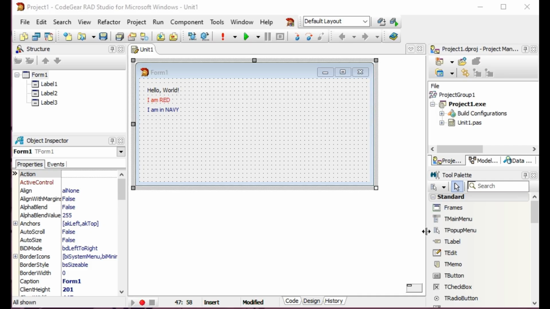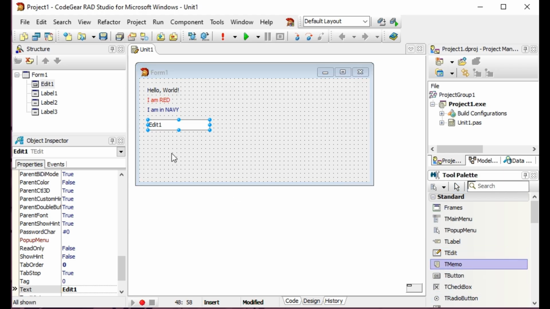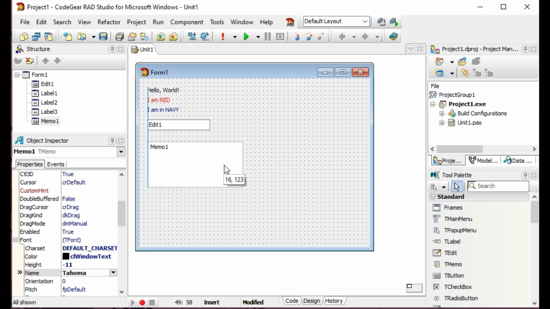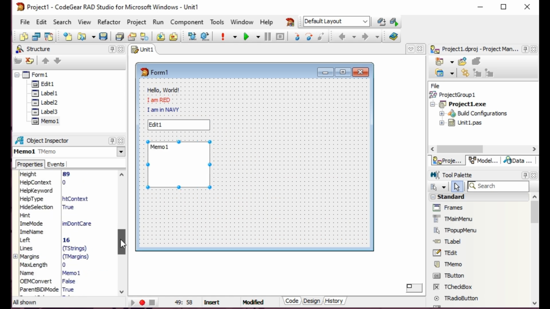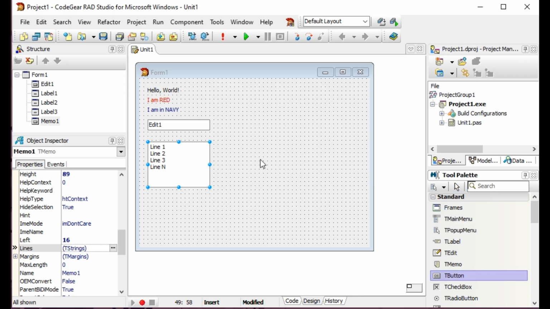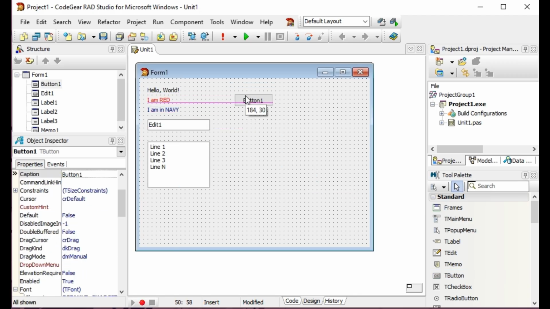Let's add another component such as edit, memo, adding the content, okay, and then a button, maybe we can use this as the command to do the color inversion.